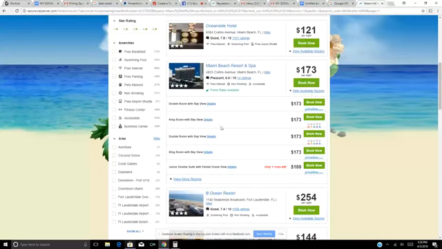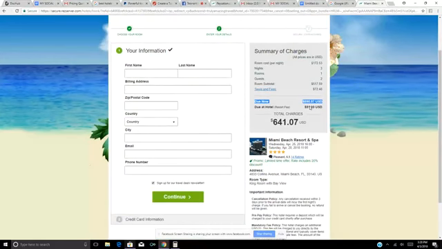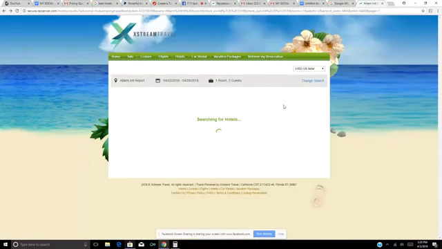Okay, so I want to show you the difference. So we're going to do this room right here, but when you click book now, you'll see it says total charges, right? So that means right now they want her to pay this amount, but she does not have this today. Okay, so pay attention to that part. So they want that to be paid right now, but